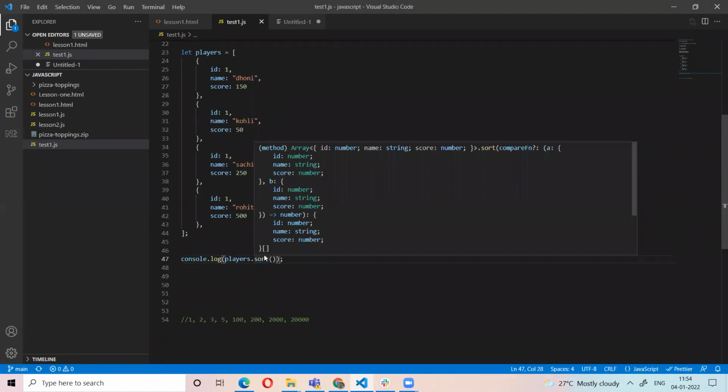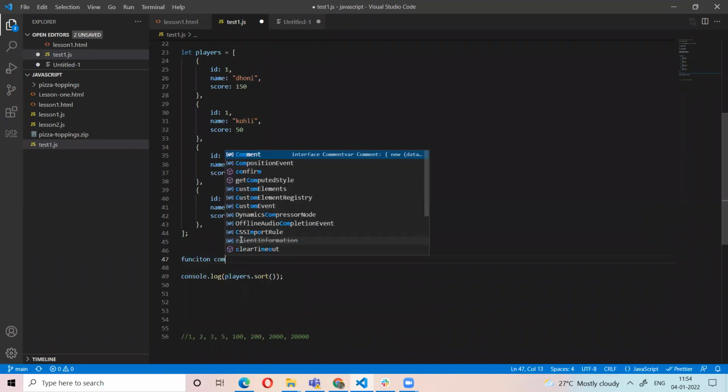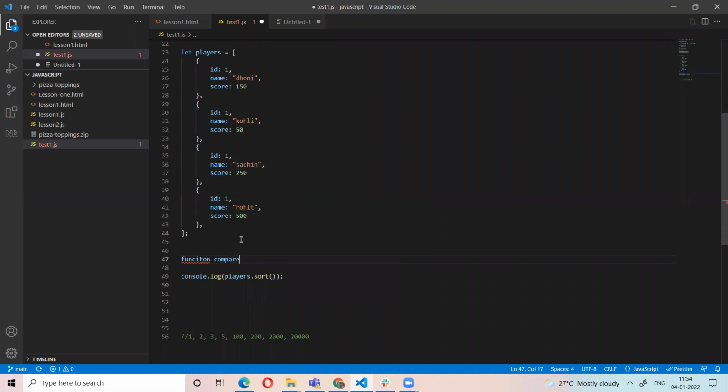First we define a function. Let's define the function like compare.